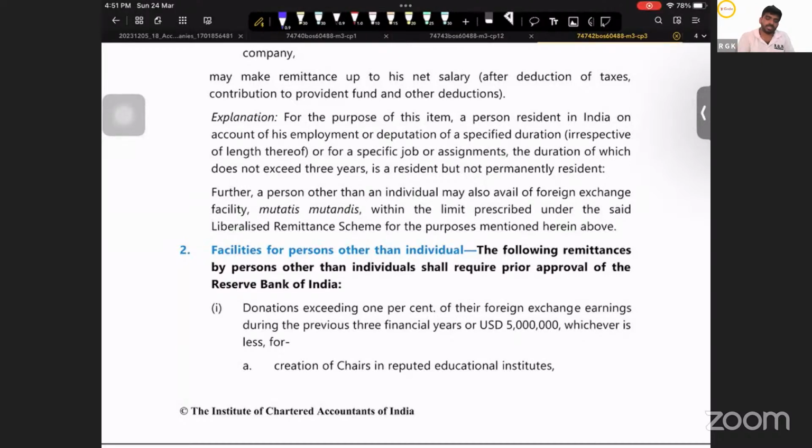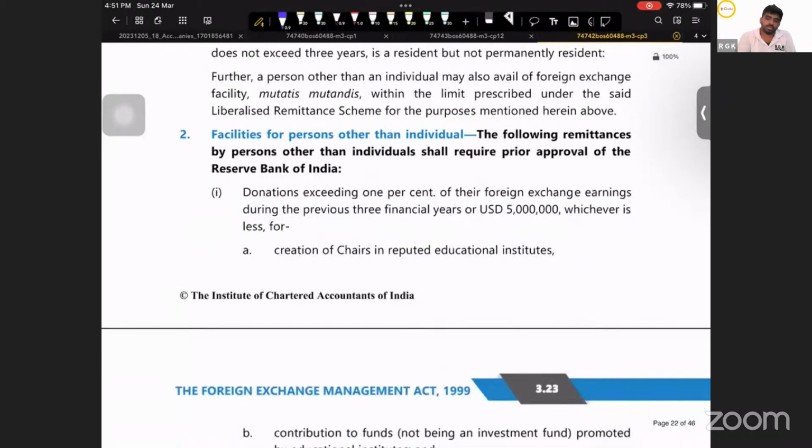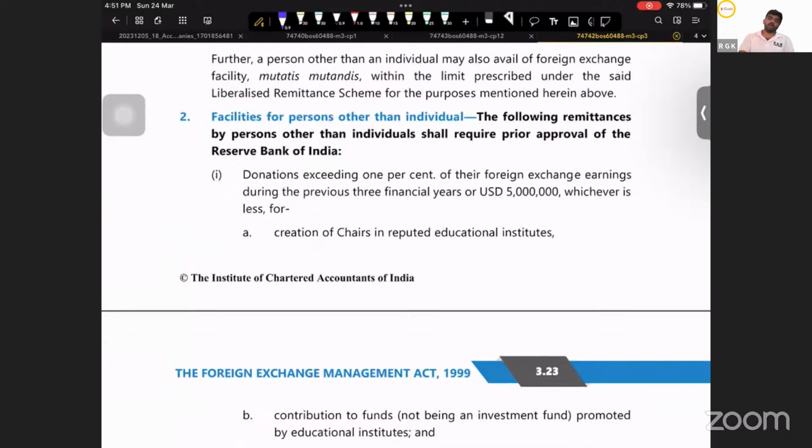The following remittances by persons other than individuals shall require prior approval of Reserve Bank of India. Now, if a person resident in India other than an individual wants to make a donation in excess of 1% of foreign exchange earnings during the previous 3 years, or more than $50 lakh,